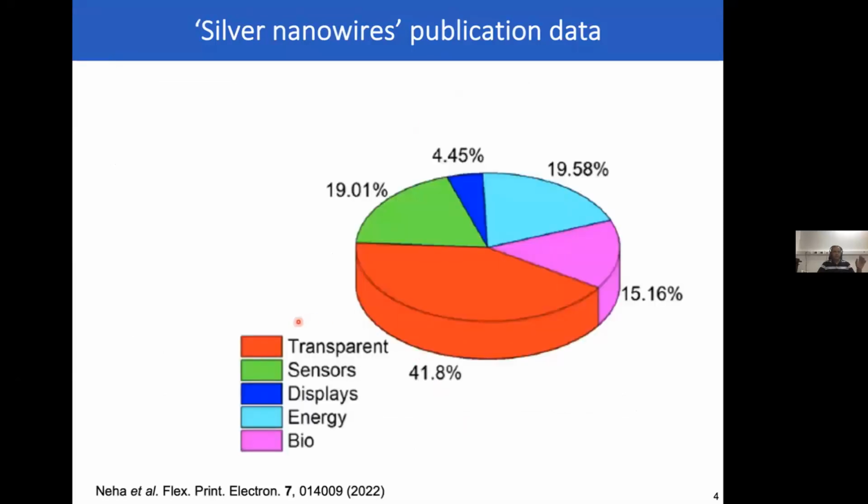We also looked at, okay, these are the papers on silver nanowires. What are essentially the other keywords? What are the applications that they are used for? Mostly you can see that nearly 40% of this is related to some form of transparent electrodes, which is the most commonly used form of silver nanowires. But there is also some interest for sensors, for energy applications, for bio applications, a smaller portion for displays, and so on. I will also talk about some of our work in these other areas, except for bio, because that's something we are just starting out.